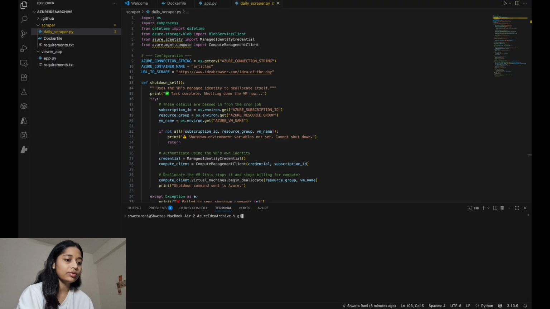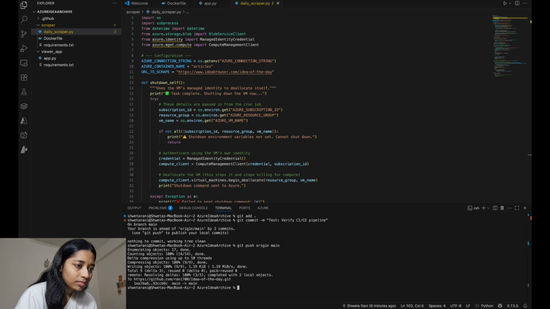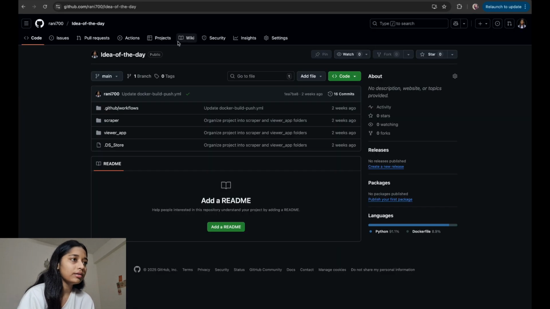Go to your VS Code, type git add dot, and okay. Now if we go to the repo